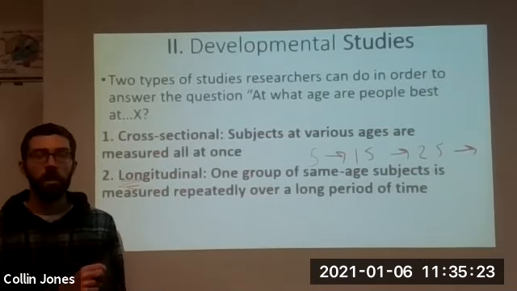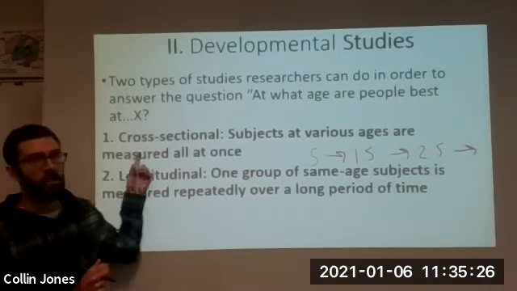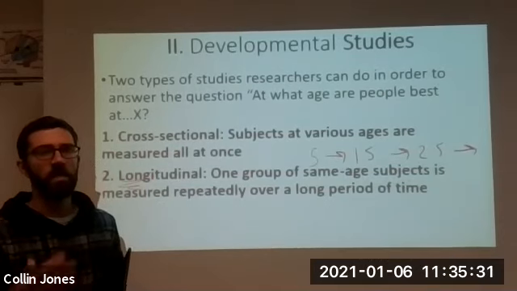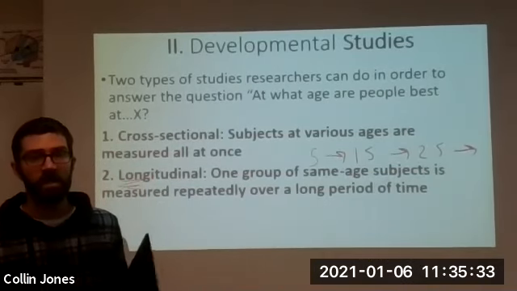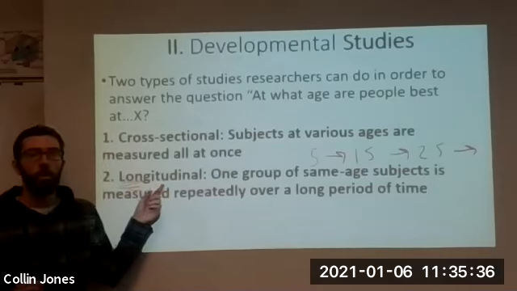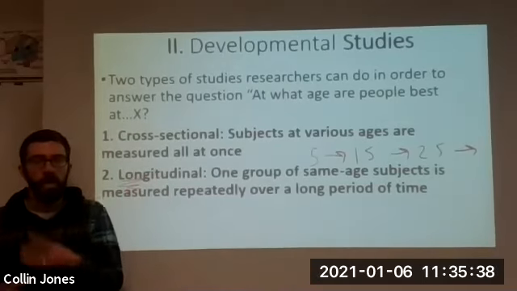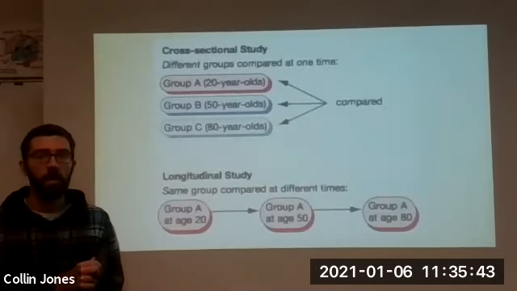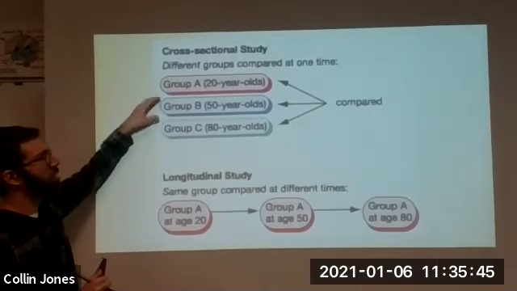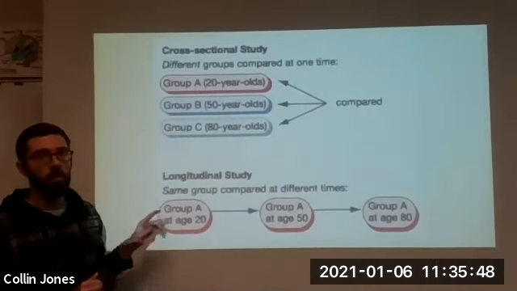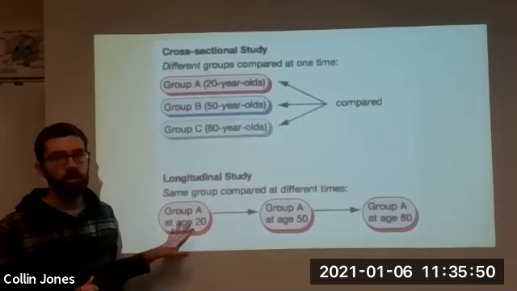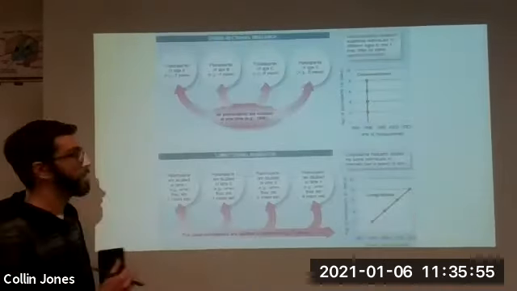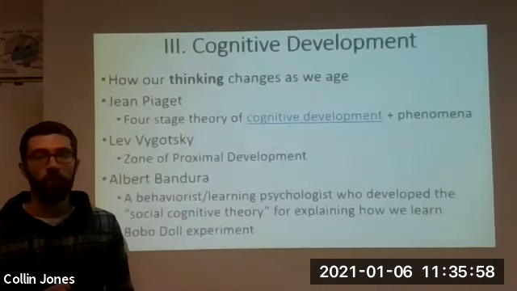So these researchers developed their theories by doing some cross-sectional studies, getting a bunch of kids who are 2 and 4 and 6 and 8 and 10 and 12, all in a lab on one day and testing them. And they've also done some studies where they take kids who have just been born and they do research on them for 10, 12, 15 years to see what happens to them over time, okay? Cross-sectional study, 20, 50, 80-year-olds all at one time. Longitudinal study, get 20-year-olds and then talk to those same people when they're 50 and look at those same people when they're 80. These are the ways that we do research, okay? This is another way of looking at the same thing.